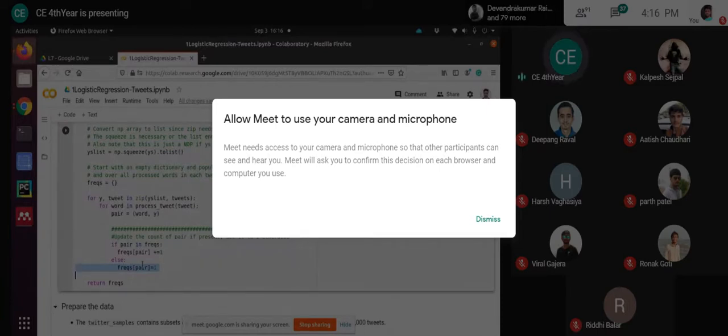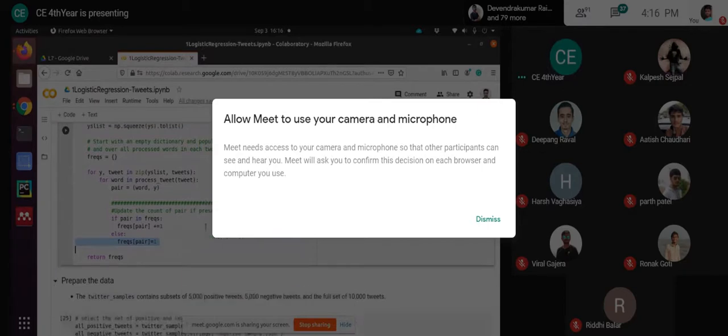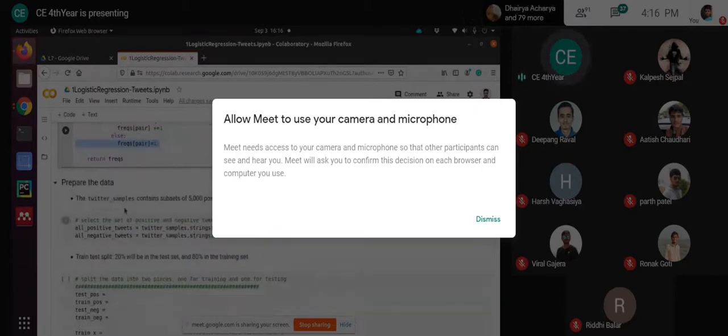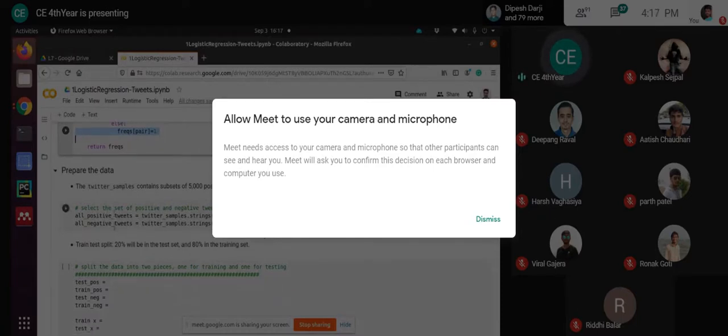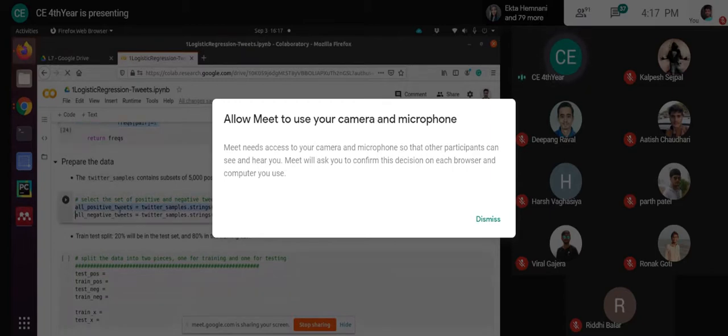So now let's focus on the data. This Twitter sample data that we are going to use contains 5,000 positive and 5,000 negative tweets. So we know this thing. We have actually used the Twitter example previously. So you just need to run the cell, and this all positive tweets will contain positive tweets. This all negative tweets contain the negative examples,